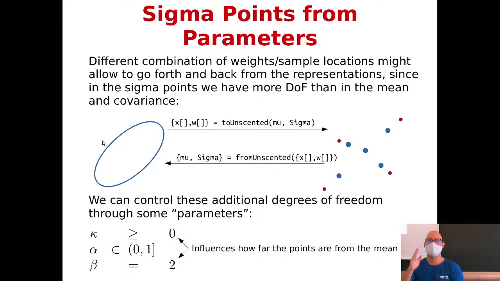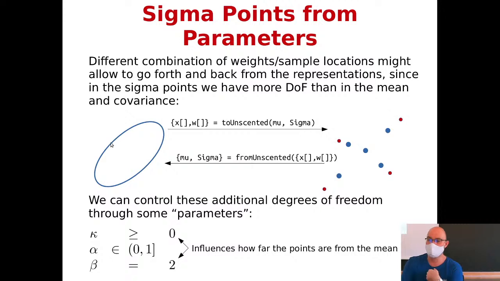Now, a naive idea would be to extract these control points, one at the mean, and the others along the axes of this ellipsoid, along the axes of the covariance matrix, right? So one I put here, and the others here, here, here, and here, along these axes. Now, when I want to recover the mean, consider also that I have the weights as a knob in my system. When I want to recover the covariance matrix,